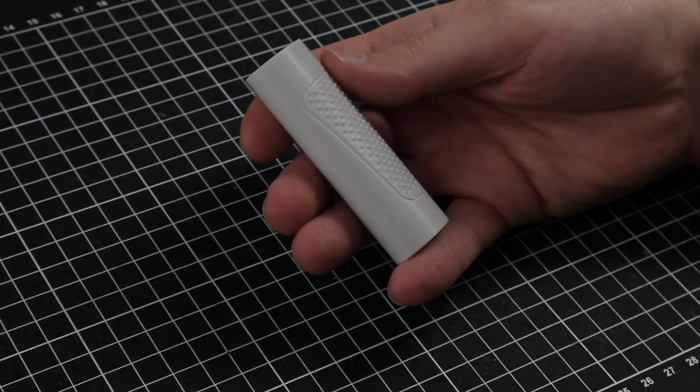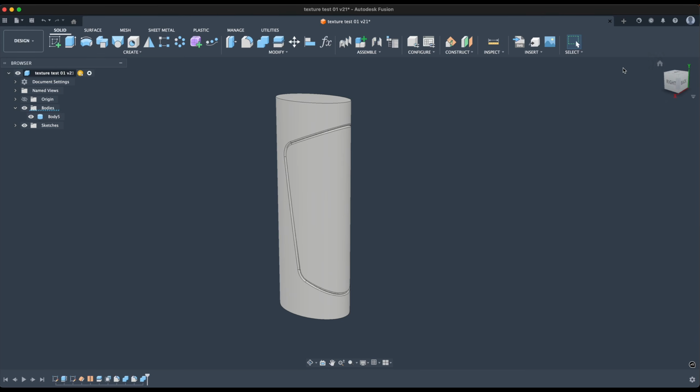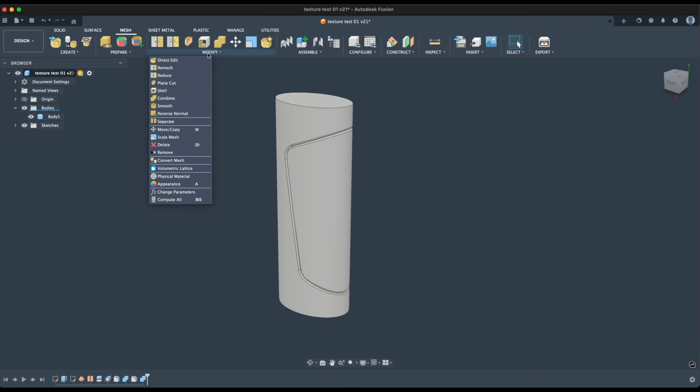So welcome back to our test piece here. If you haven't seen this before, I'll put a link up here where I show you how I apply texture to this in Blender and how we 3D print this. A lot of people have pointed out, well, why don't you put on the texture in Fusion? And well, first of all, I was not aware there was such a tool, but under Mesh, Modify,